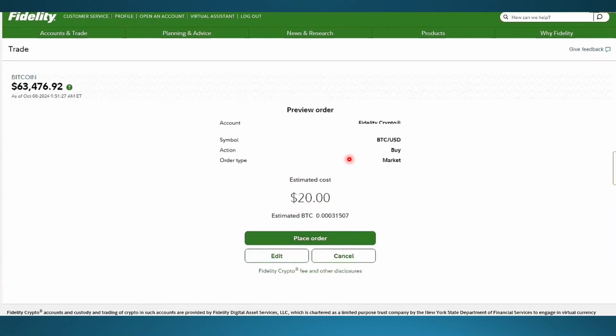So preview your order. So you can see it will cost you $20, and then you can just go ahead and place that order. That's pretty much all you have to do, and you will be able to buy crypto